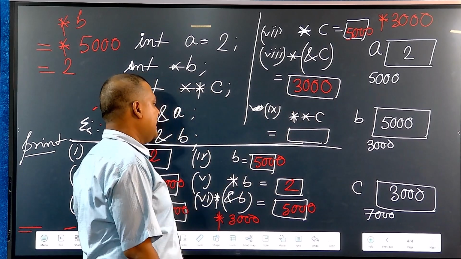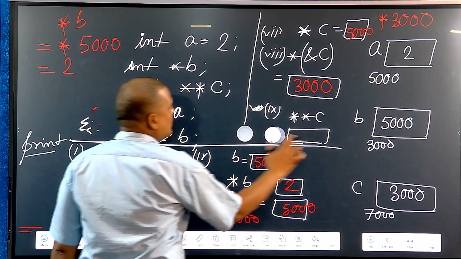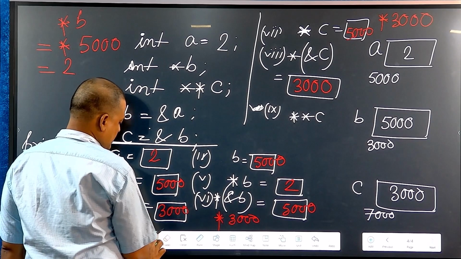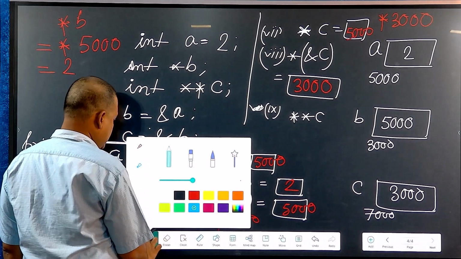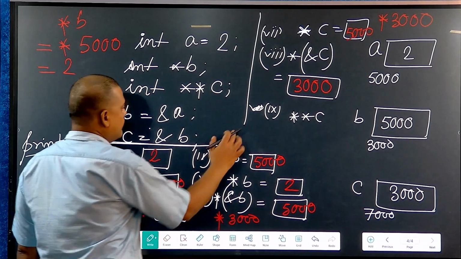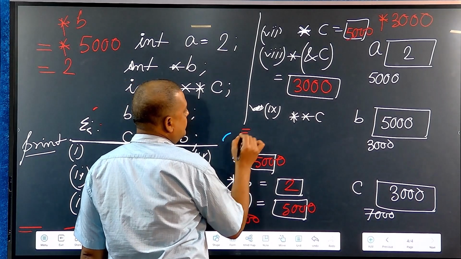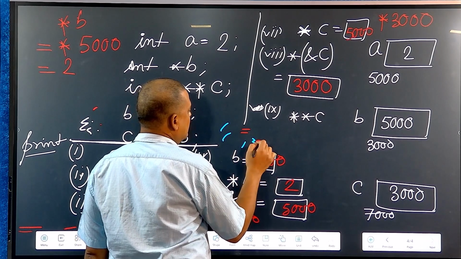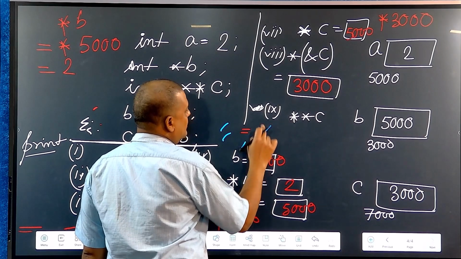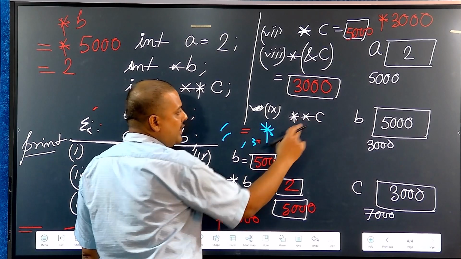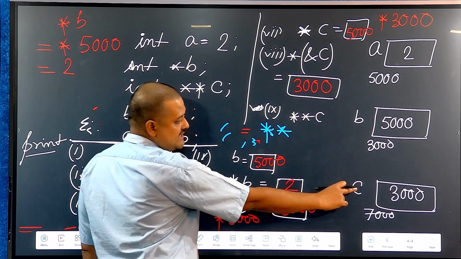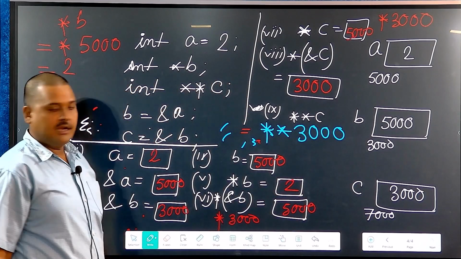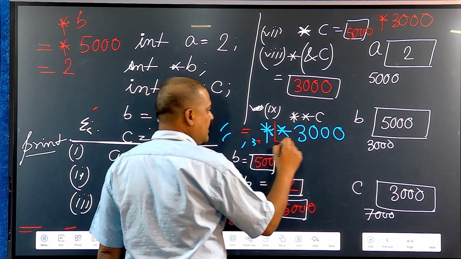Pointer and again pointer. There are two different pointers, pointers and pointers in C. How we will interpret this particular line? We can interpret it this way. So, first pointer, then again pointer of C. C is what? C is 3000. Now, if we interpret the first one, then